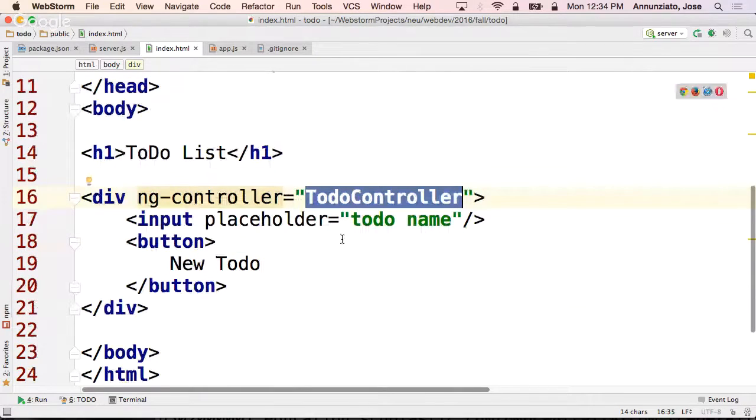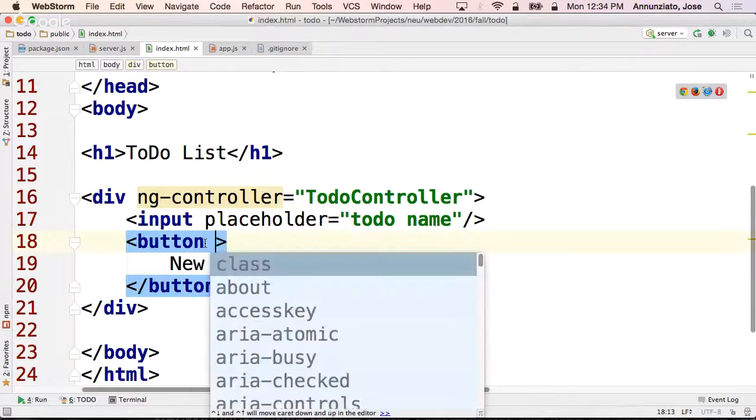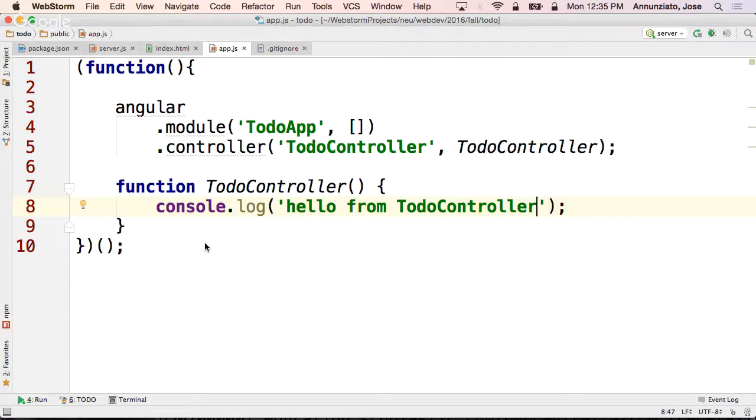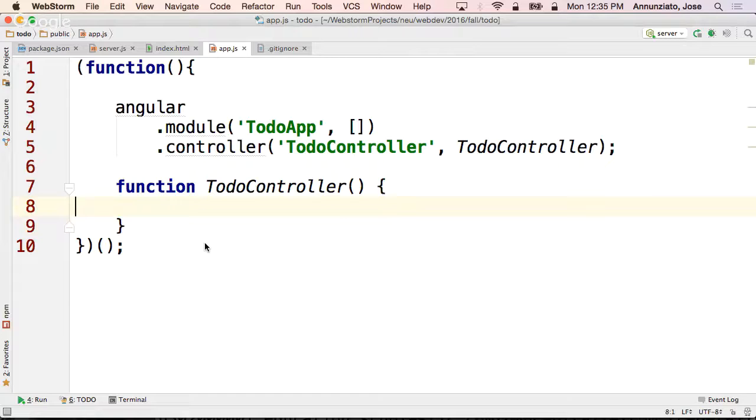All right. So what I want to do is that if I click on this button, I'd like to notify the controller and say, hey, they want to add a new to-do. And we can do that using ng-click. ng-click assigns an event handler that says that, by somebody. Who? We can say a function, something like new to-do. Where's this function declared? In the controller. The controller declares that function. So to declare it,